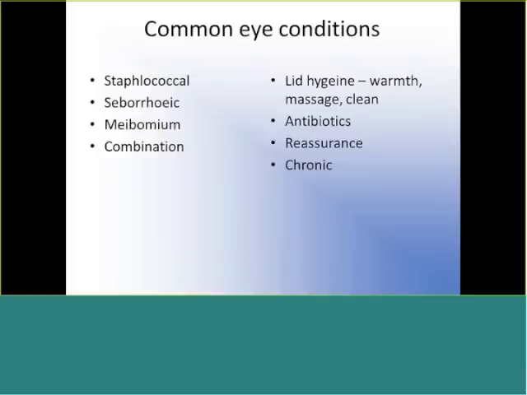It involves massage of the lids and then cleaning. And there's a lot of stuff like baby shampoo, bicarbonate of soda, all this stuff on the market to clean lids, but sometimes just warm water is enough on a cotton bud. And then we give them some chloramphenicol just to reduce the bacterial